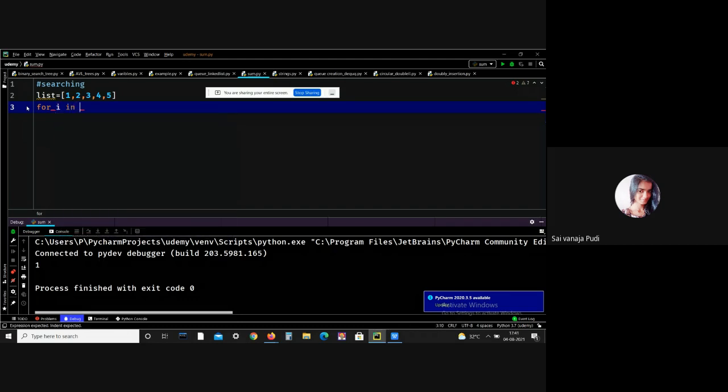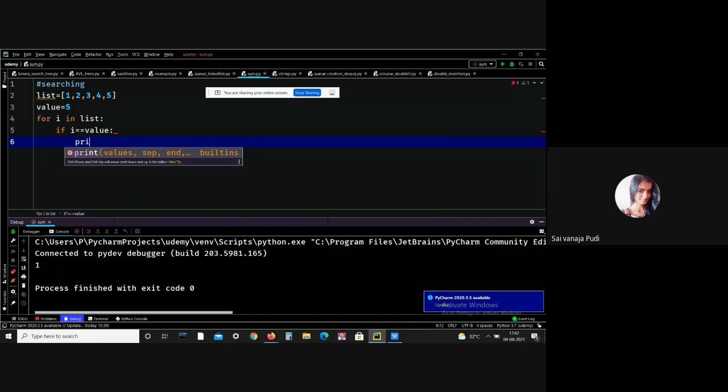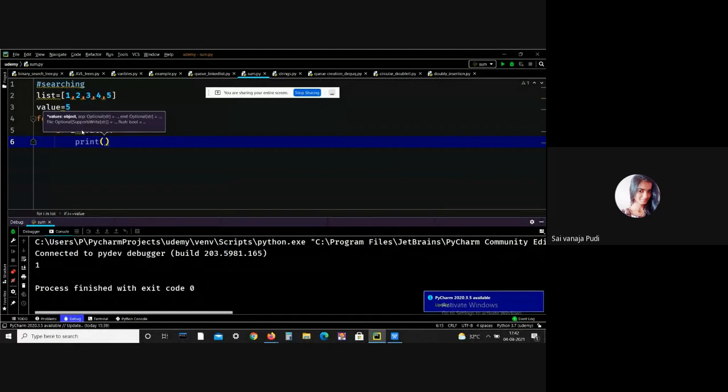For i in list, if i double equals value, I just want to give the searching value, that is 5, then print element present.